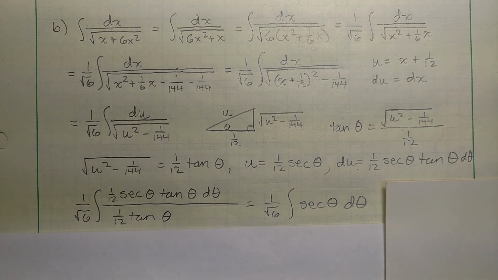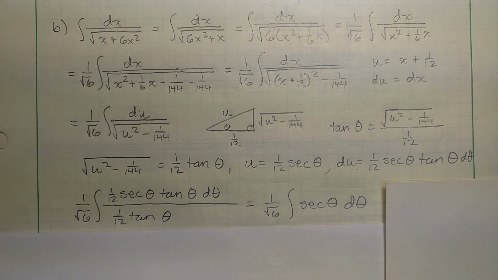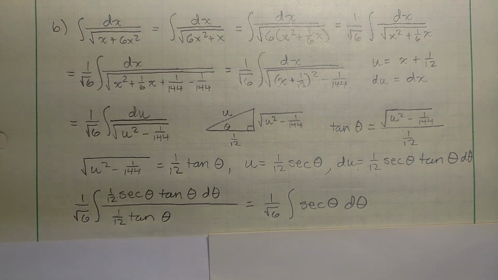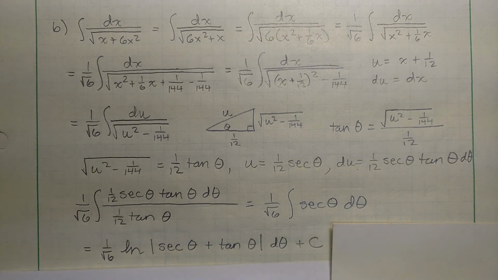Now at this point, I think I've integrated secant theta enough that you should know how to do this, and either be able to do it or maybe even have it memorized because we've done it enough. You multiply both the top and bottom by secant theta plus tangent theta. When you do that, you let u be the bottom, secant theta plus tangent theta, and your top is your du, and so you can go from there. And then when you integrate that, you get this